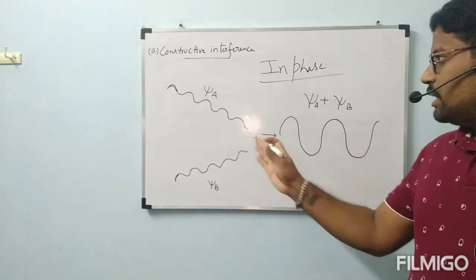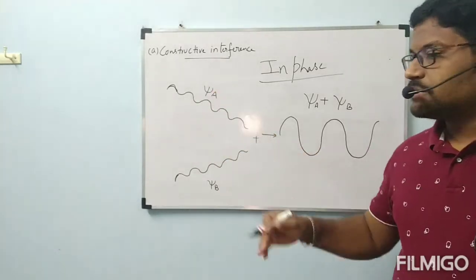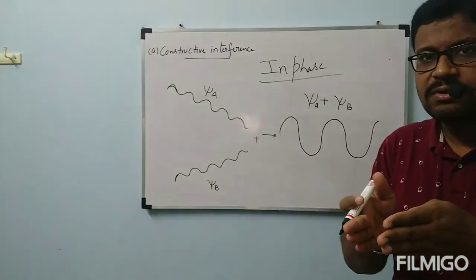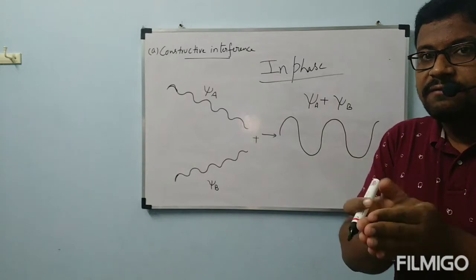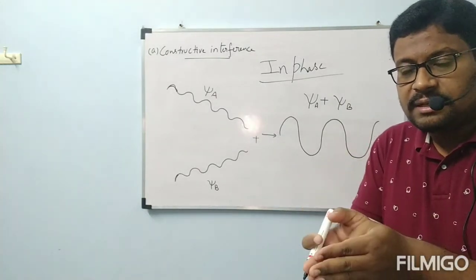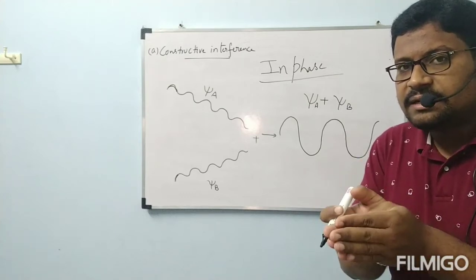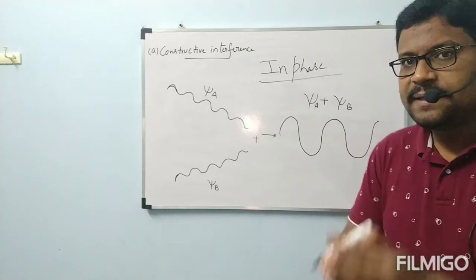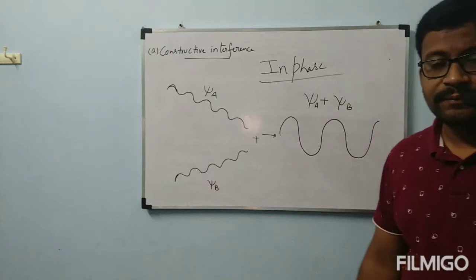Okay, before that, I hope you are clear about this. Once again I am repeating. When two waves are traveling and they are going to interfere at a point, from there onwards they are going to result in one wave, in a way that if crest of one wave and crest of another wave are exactly overlapped with each other, then the type of interference is called constructive interference. The resultant wave because of constructive interference is psi A plus psi B, and this wave is represented like this, psi A plus psi B.